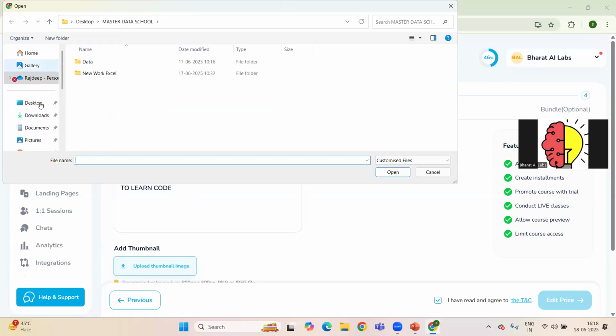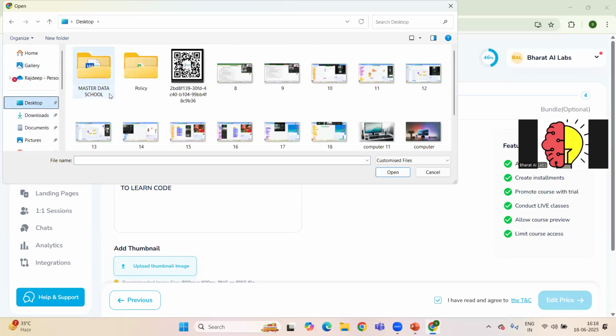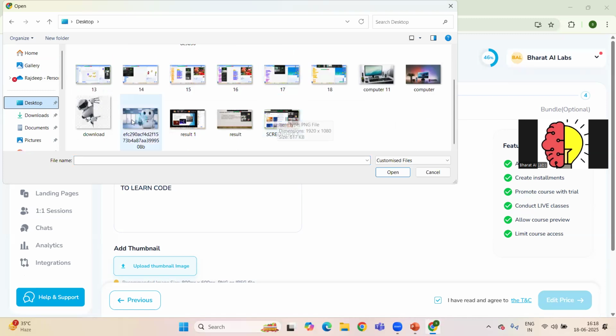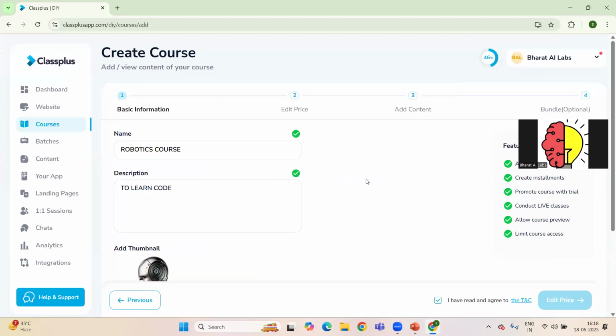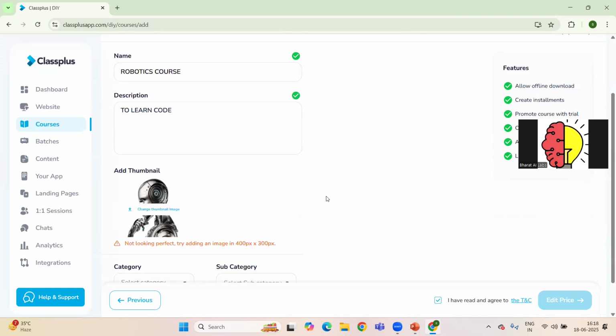Whatever image we want to add, we can add from my system. I'm taking this one because that is related to the robot. It will take hardly 2 or 3 seconds. Yes, so it has been done now.